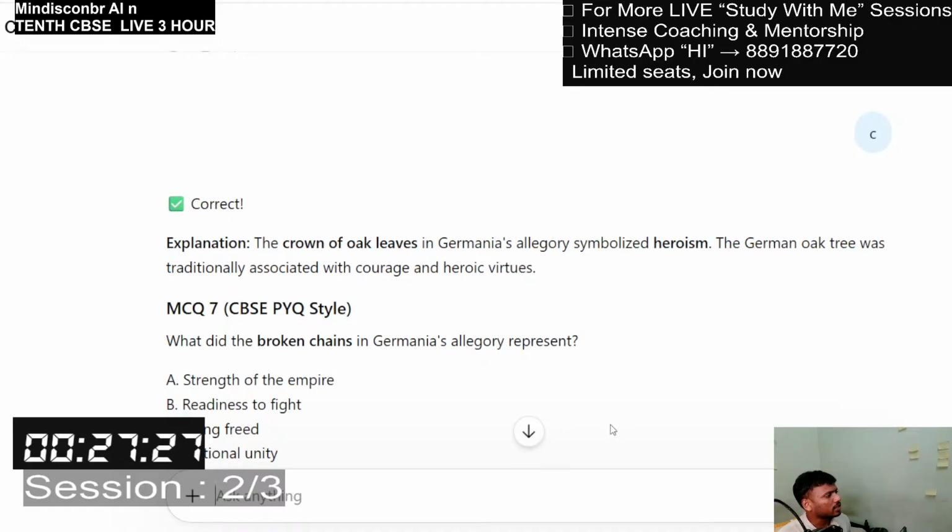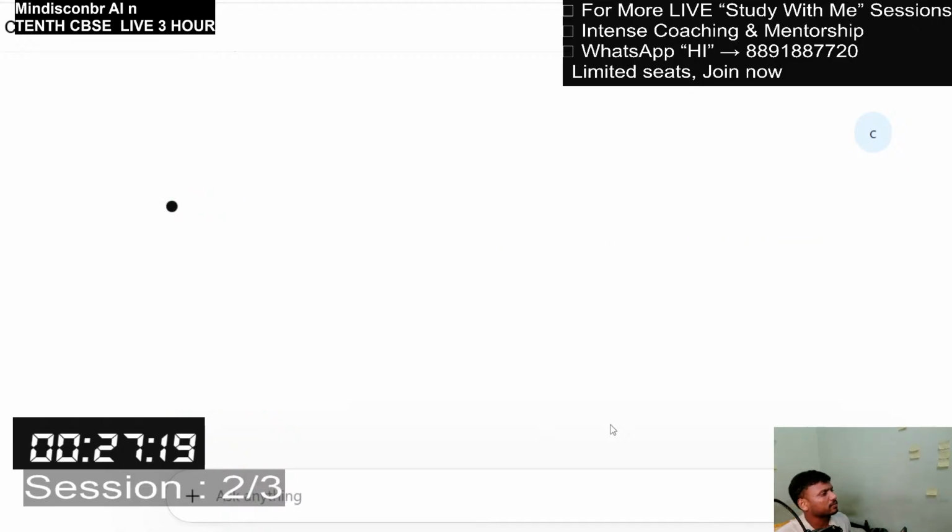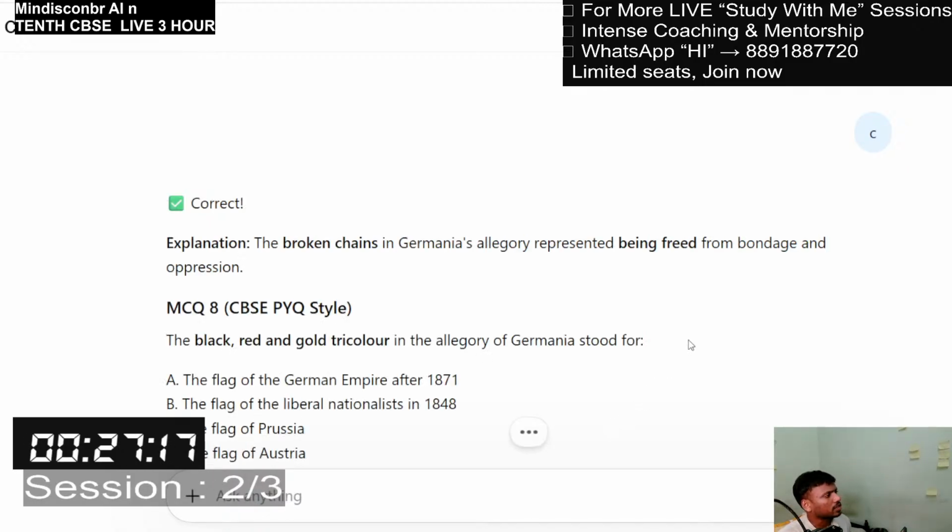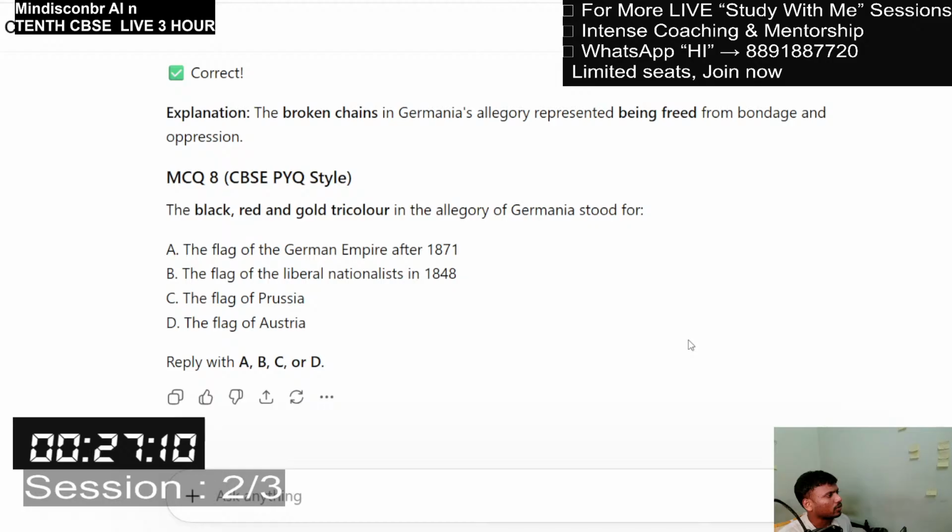What did the broken chains in Germania's allegory represent? Being freed. The broken chains in Germania's allegory represented being freed from bondage and oppression. The black, red, and gold tricolor in the allegory of Germania stood for